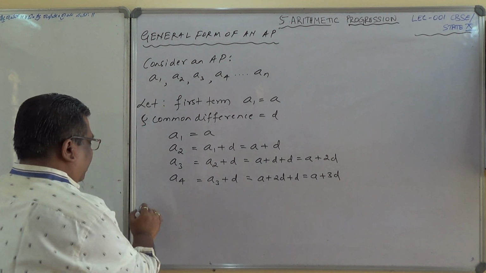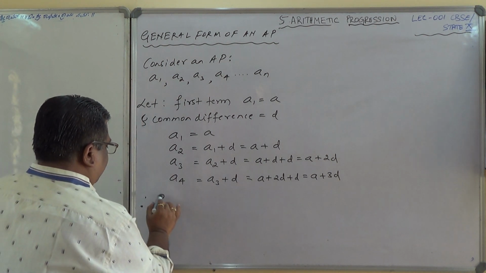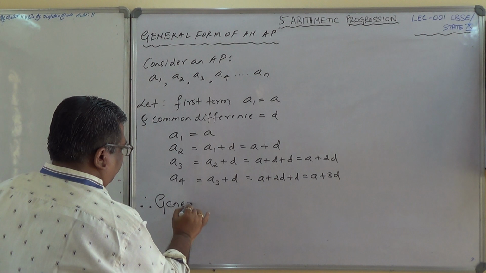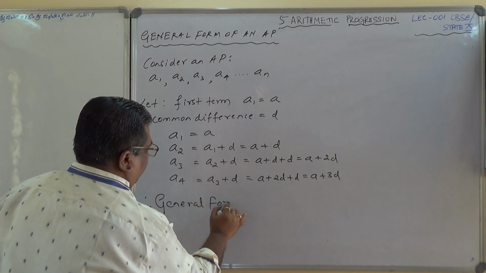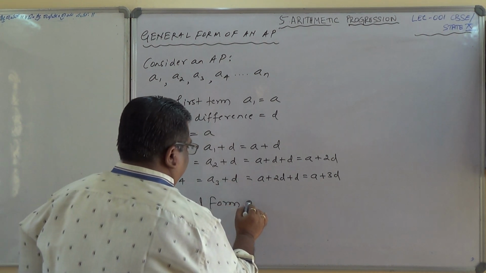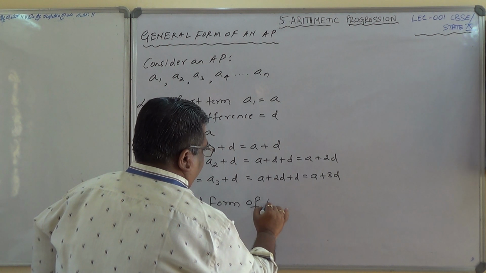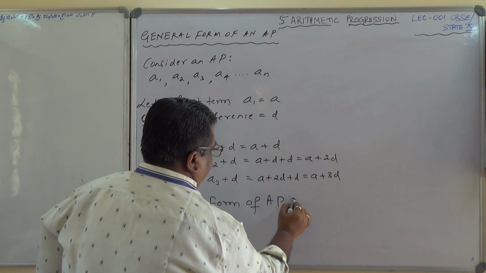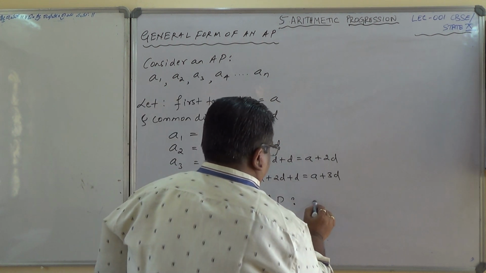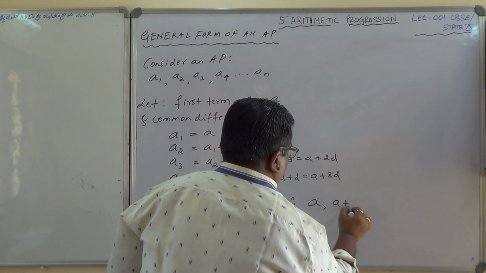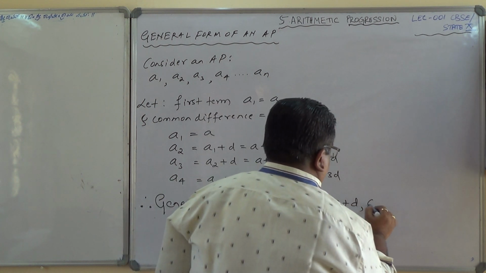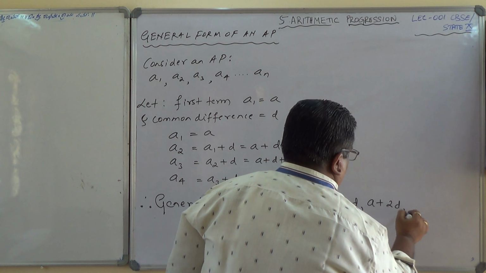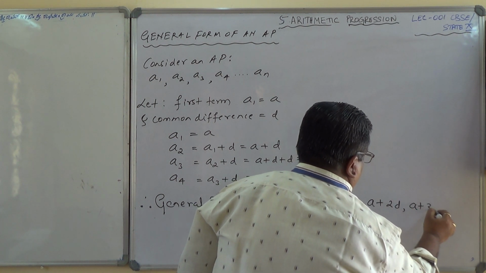And therefore the general form of AP is written as A, A plus D, A plus 2D, A plus 3D ...